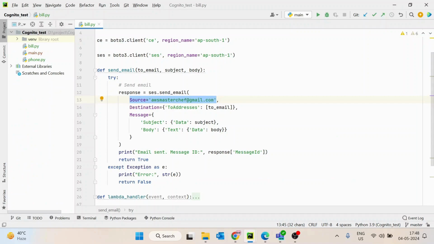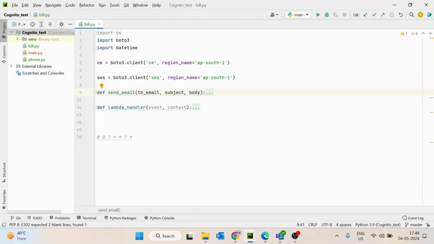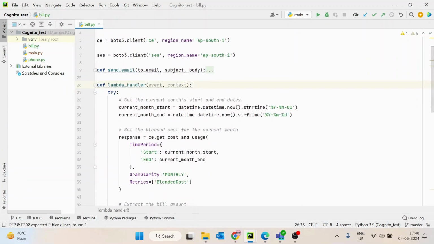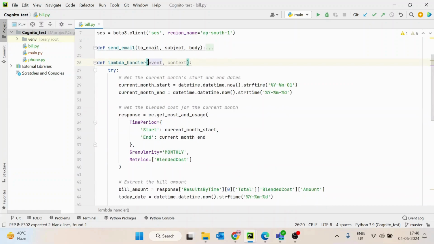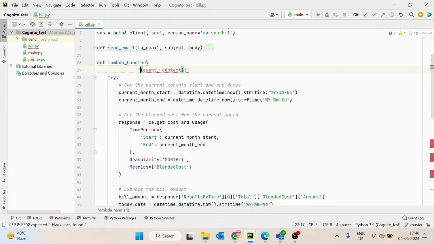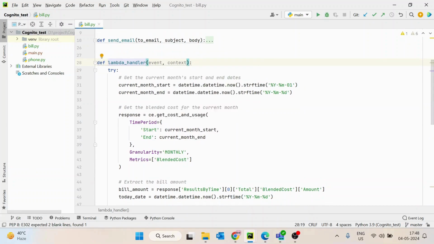So I will come back here. So that's the send email function. Then after, I will go inside the lambda handler. This lambda handler is very easy. What it is doing is, first, it is